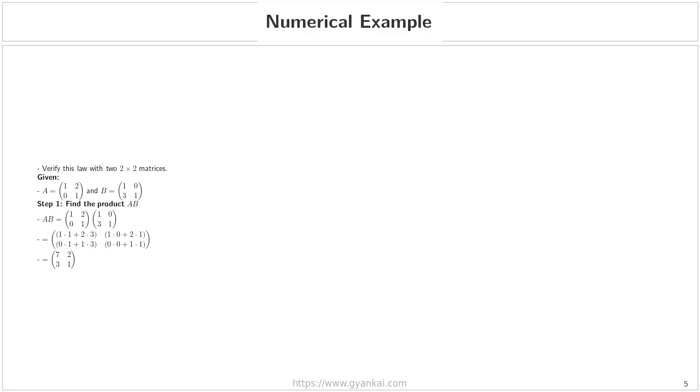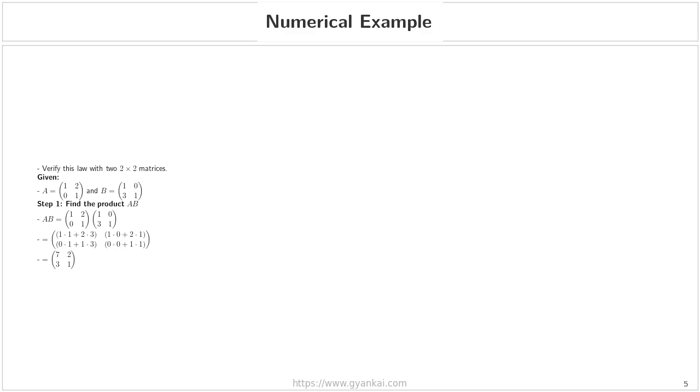Finding the product of A and B by multiplying matrix A by matrix B, we calculate the elements row by row. For the first row, we have 1 times 1 plus 2 times 3, which gives us 7, and 1 times 0 plus 2 times 1, which gives us 2. For the second row, we have 0 times 1 plus 1 times 3, which gives us 3, and 0 times 0 plus 1 times 1, which gives us 1. So, the product matrix AB is a matrix with 7 and 2 in the first row, and 3 and 1